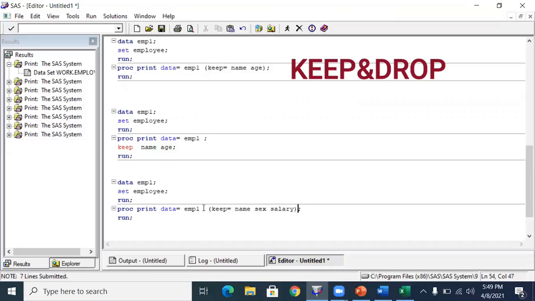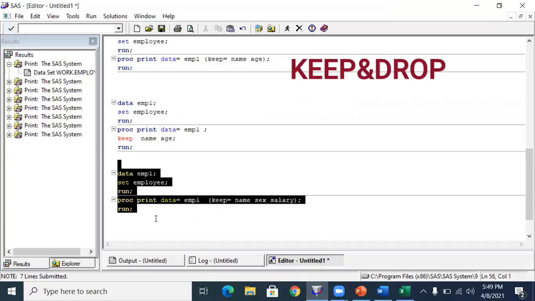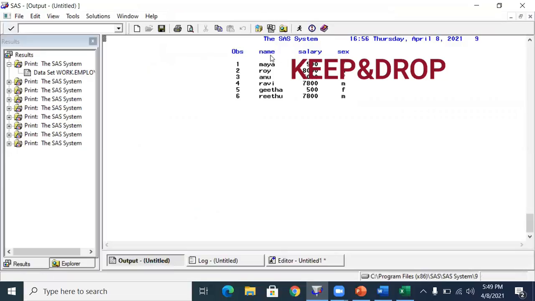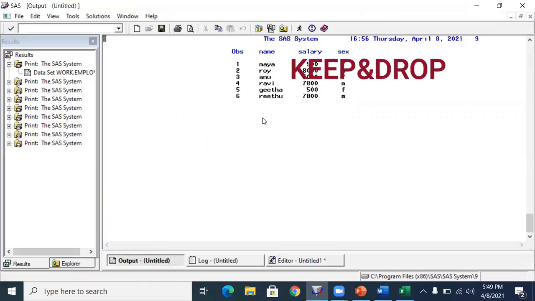Okay, keep is equal to name, sex, and salary. So now when I run this, you can see which order I have given here: name, sex, salary. After name I have given sex, but in the output which order? Name, salary, and sex.